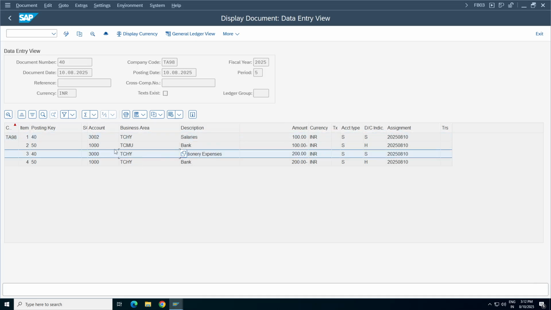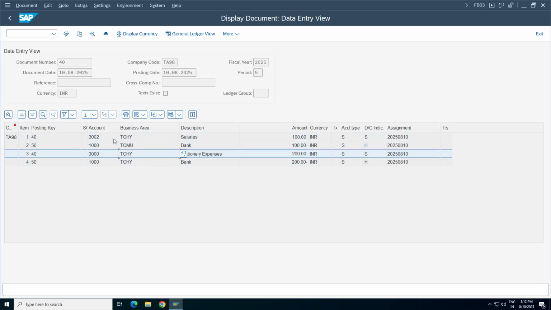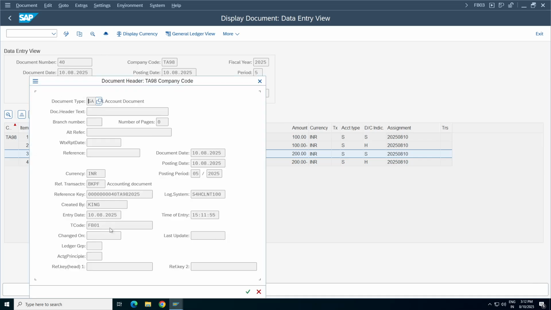But these two GL accounts we entered manually, and that's the reason it's getting updated. So this is fine. I'm expecting the business area to get updated from the respective cost centers, and it is. Lines we updated manually are updated manually. This is the main document, the original document we posted with document number 40, and it will get updated as FB01. That's fine.